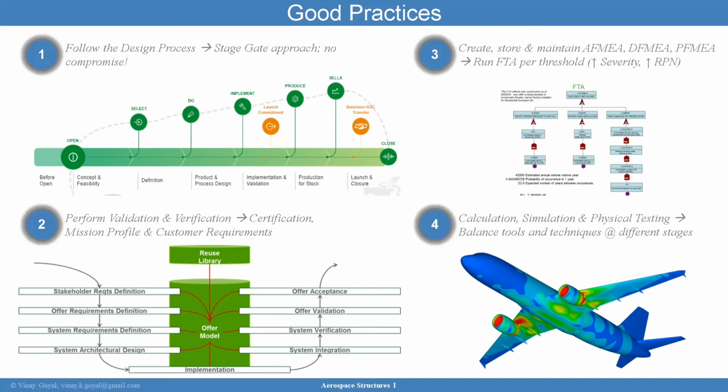And finally, the PFMEA. This is where you would record every single thing that can go wrong when you are producing the product or the system, right? So, for example, your material has gone bad, because it was exposed to certain environmental agents that have degraded its structural performance, or some other aspects in terms of storing, where temperatures were really high, and that has affected the electronic components that go into a control board, for example. So once you run these FMEAs, again, my recommendation is to look for two main things,